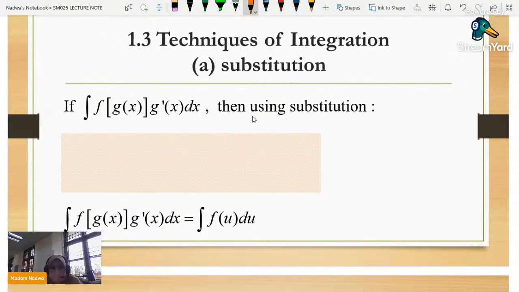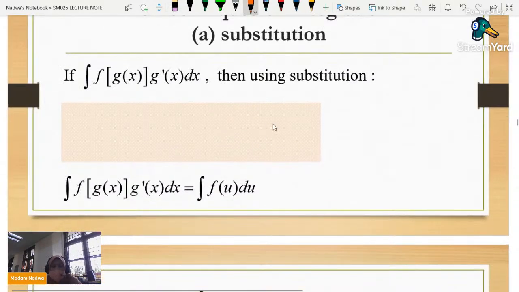Okay, so these techniques of integration occur when we cannot integrate them directly. So integrate them directly meaning that bila kita ada sesuatu function yang dia adalah gabungan di antara dua function,